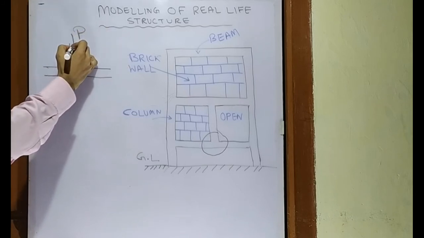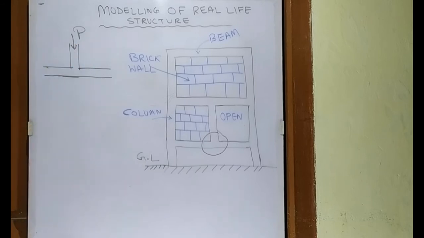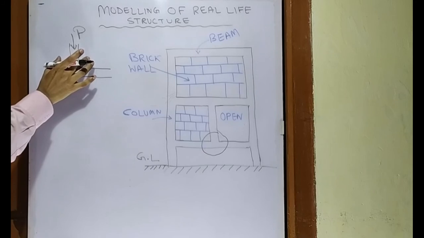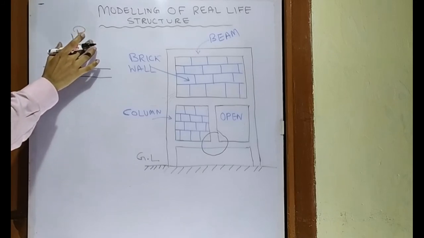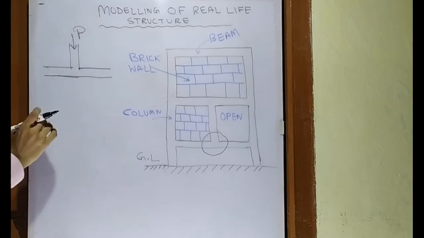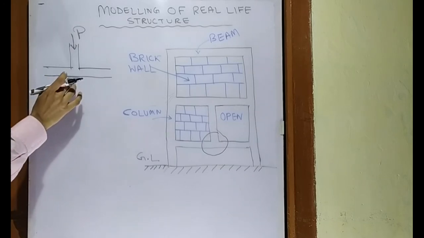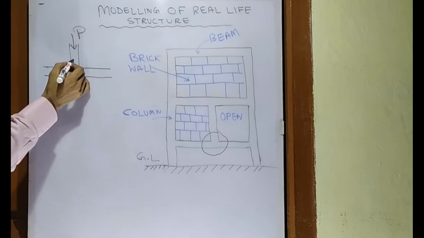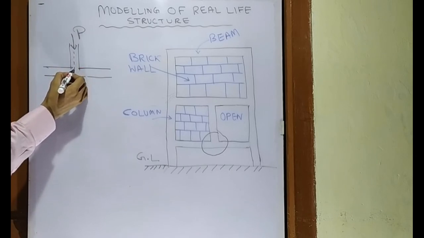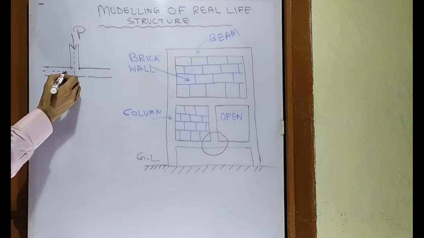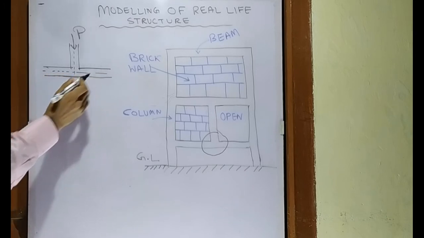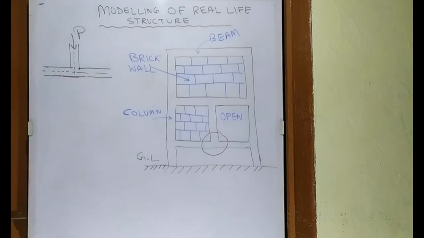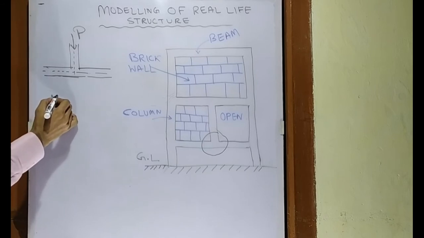Let's say this load is P, because generally the column carries axial force. If we are only considering the gravity load, how will this load P transfer to this beam? We will consider that this load is acting at the center line of this beam. Why are we saying center line? This is not the center line. We should use a very specific word, which is neutral axis.